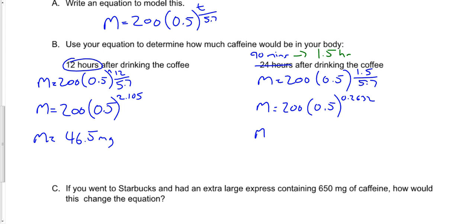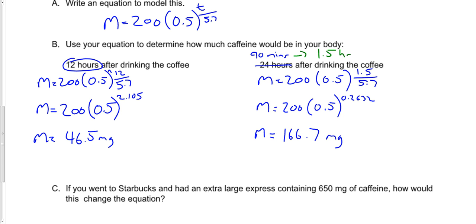So if I do 200 times 0.5 to the exponent 0.2632, it's going to equal approximately 166.67 milligrams. So you can tell that after an hour and a half, there's still a fair amount of caffeine in your body, and gradually, after 12 hours, that works its way all the way down to 46.5